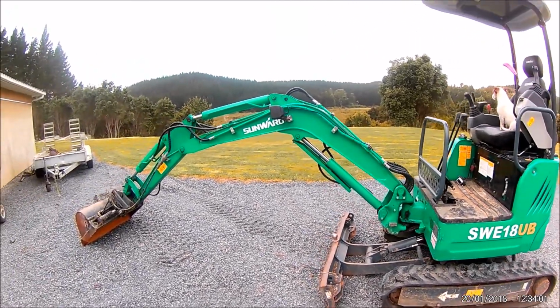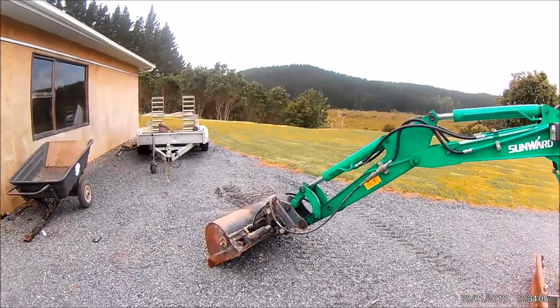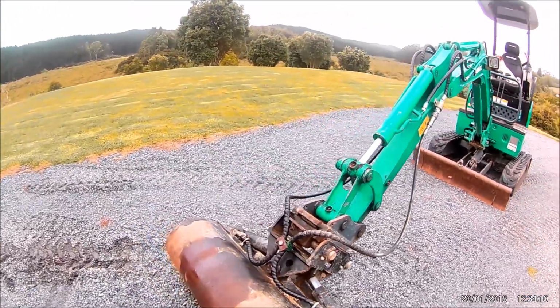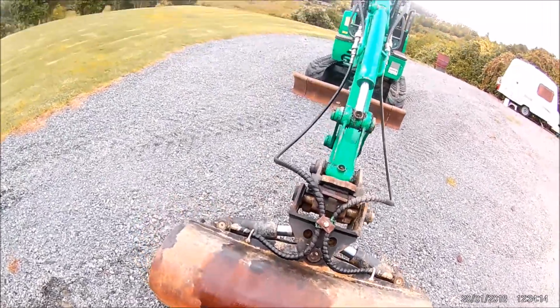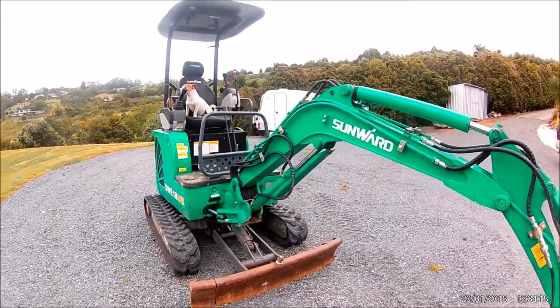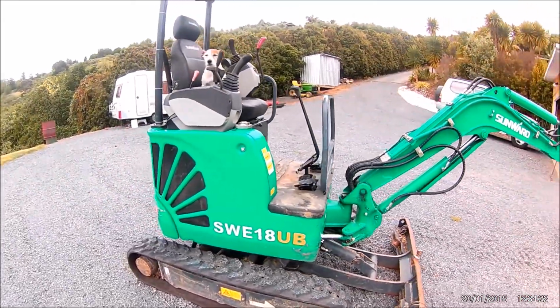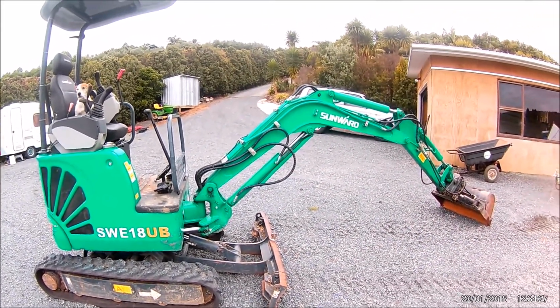Now, it's a little bit dirty at the moment. I have a hydraulic leak on my hose, one of my front hoses, as you can see on the bucket there. But for what it is, this machine is great. It's an awesome little machine. It's got about 400 hours on it now,